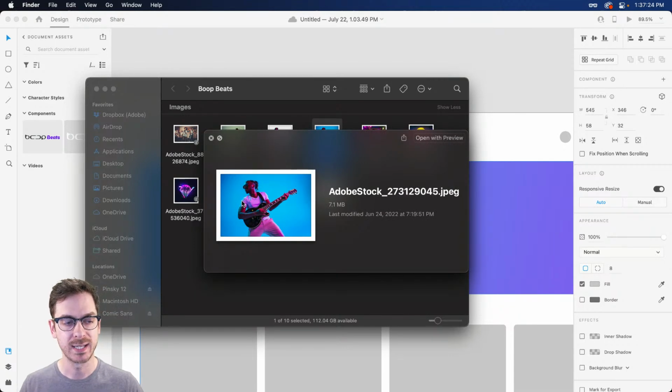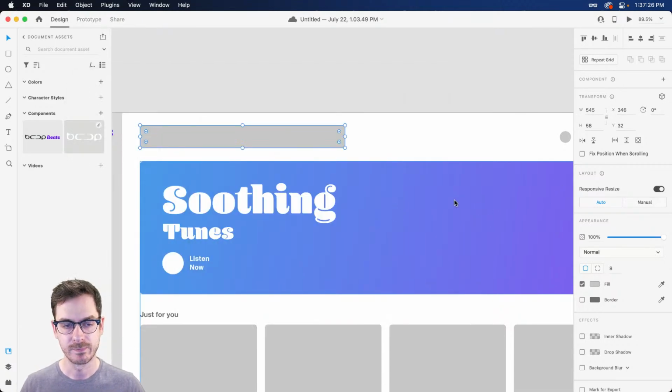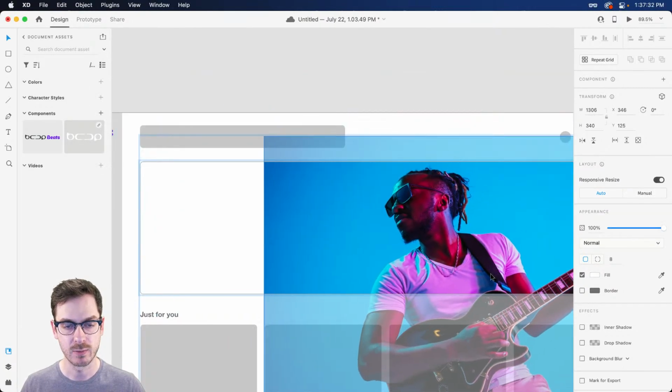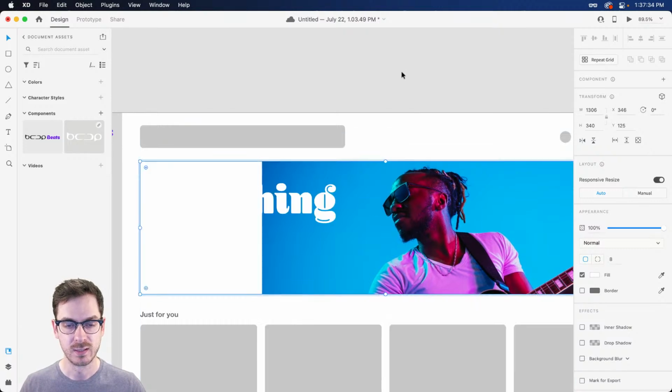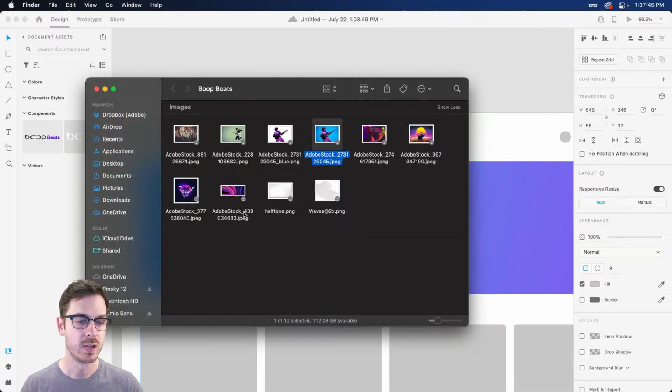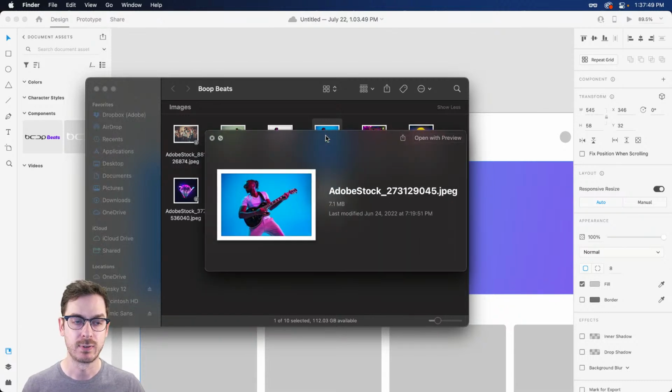And I might want to place this in this section. Now, of course, we could just grab this image and pop it in there, and then move it around, figure all that stuff out, and maybe add some color over to the side. A lot of things we can do. But that won't really help us if we want that image to break out of those bounds, right? So what do we do? Well, the first thing we're going to have to do is remove this image from the background, right?